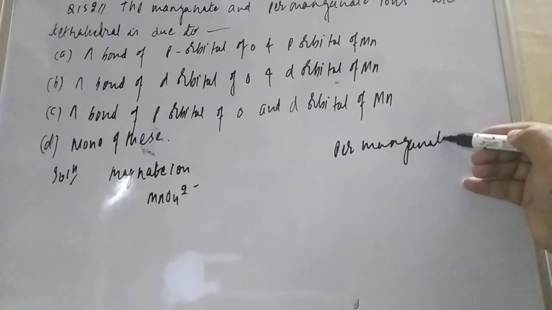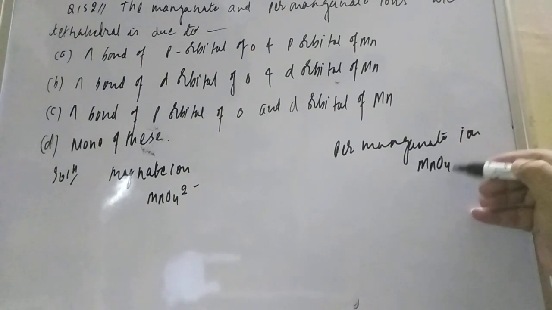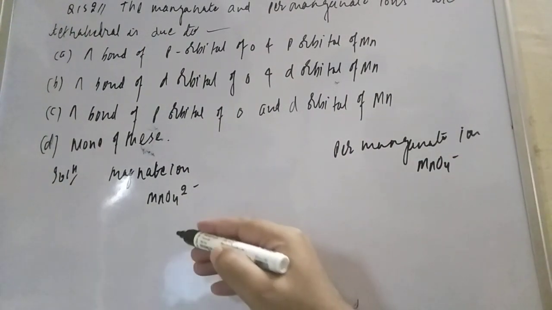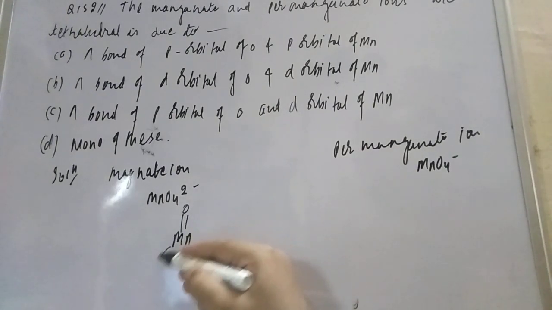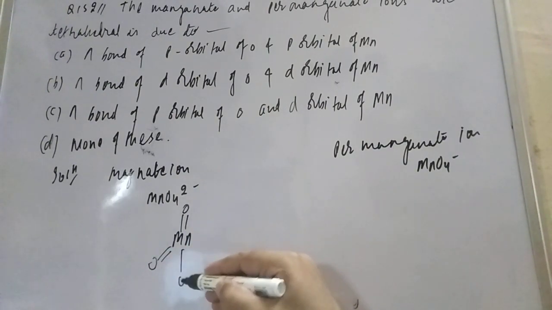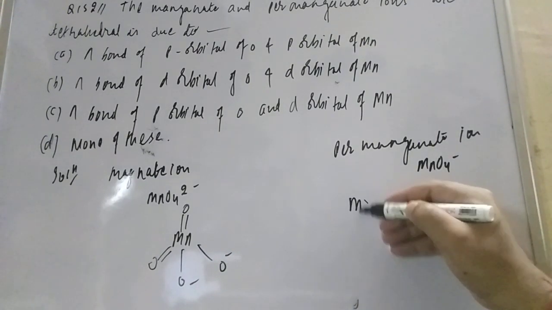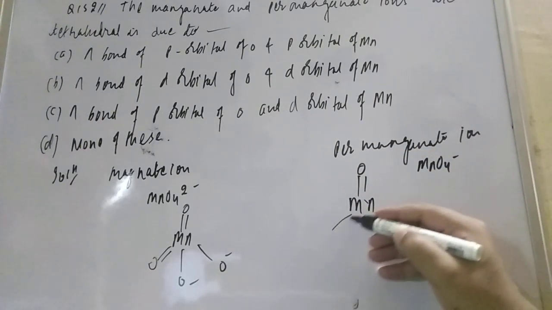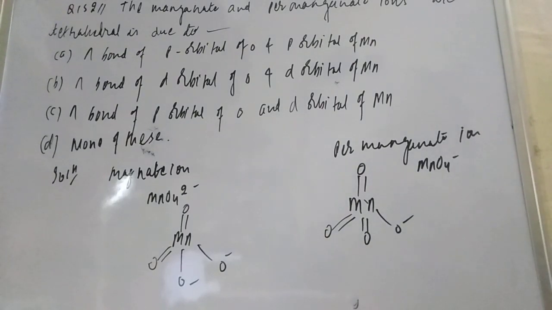Permanganate ion, what does it mean, student? This is MnO4 minus. What they are saying is that both structures are tetrahedral. If we talk about the Mn, here is a double bond O, here is a double bond O, and this is O negative and O negative. And here also, you can see Mn is there, double bond O, O negative, here is a single negative, double bond O, and here is O negative. Dear friend, they are saying that it's tetrahedral.